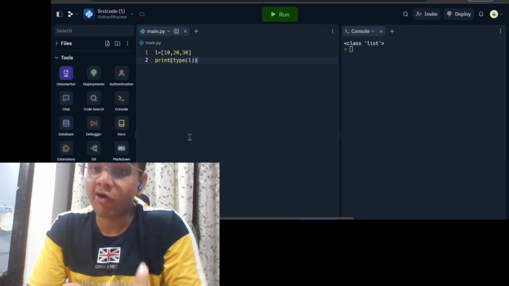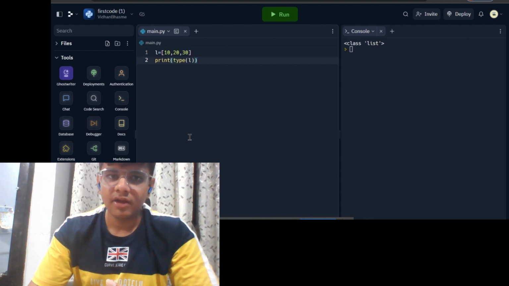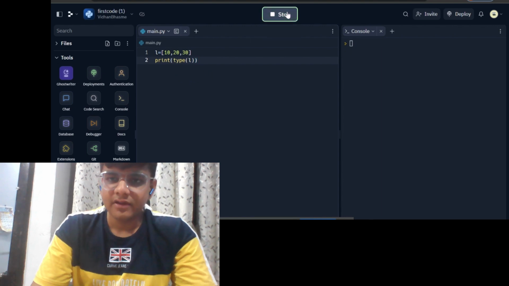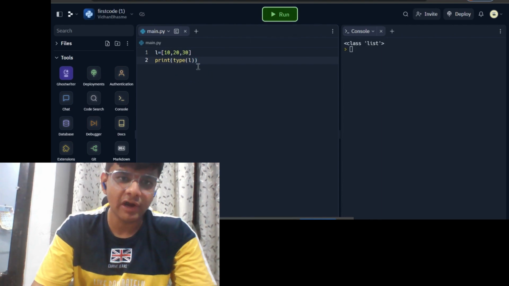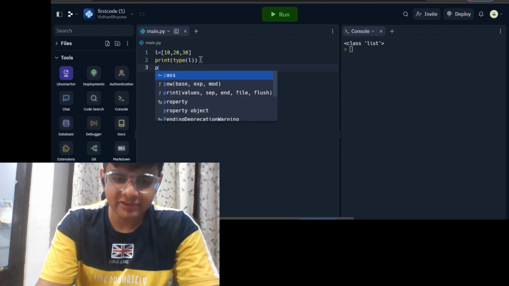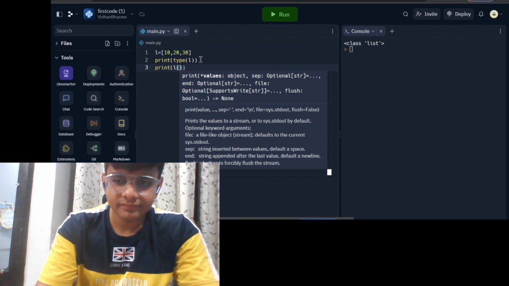Because I have written the wrong syntax. If you write wrong grammar in English, for example, if instead of a question mark you give an exclamation mark, then it is wrong. Okay, here, type must be written with caps lock off. So what type of data type is it? It is a list. We call it the list data type. Okay, so instead of that, we can also write print L of